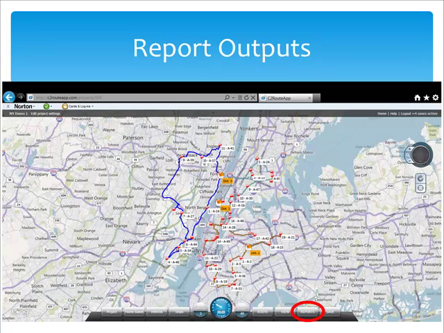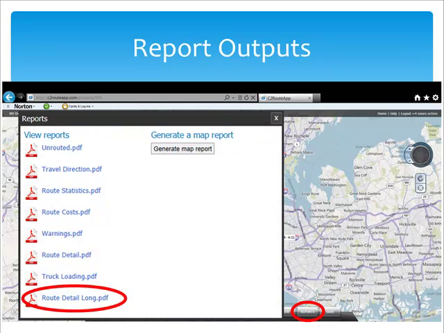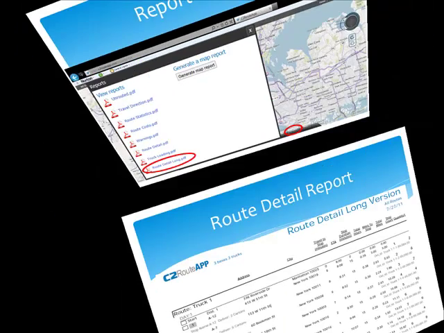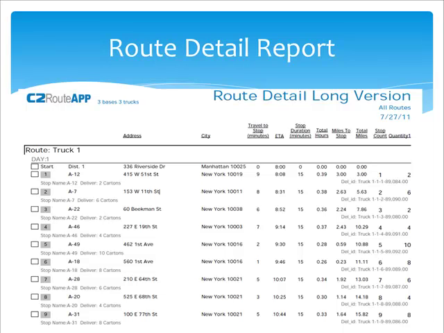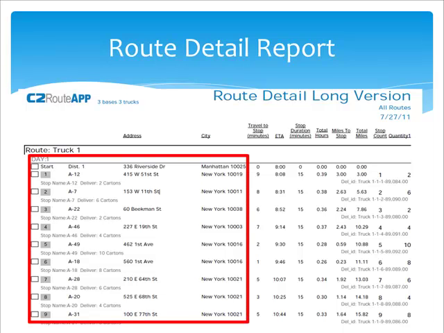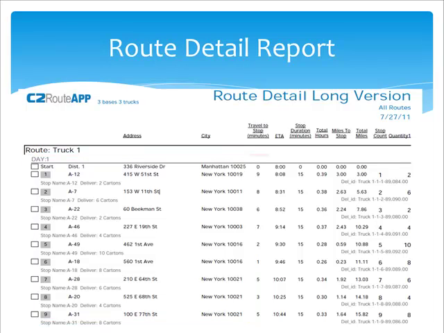The next report is the Route Detail Report. This is a critical report, and many people like to give it to their field workers as well as their dispatchers. The Route Detail Report will give you the stops in sequence along with the location. It also gives you important information such as how many minutes it should take to travel to the next stop, the estimated time of arrival at each stop, the amount of time that is allocated to that stop, the number of miles to the next stop, the total miles that will be driven from the start of the route to that particular stop,